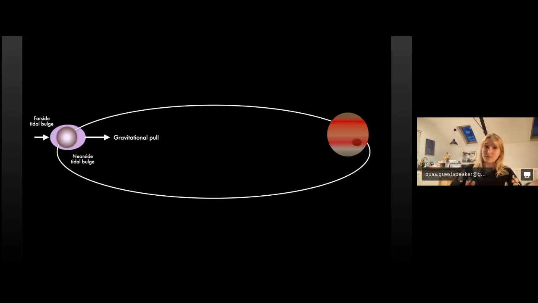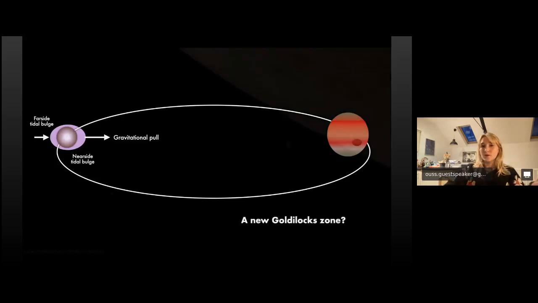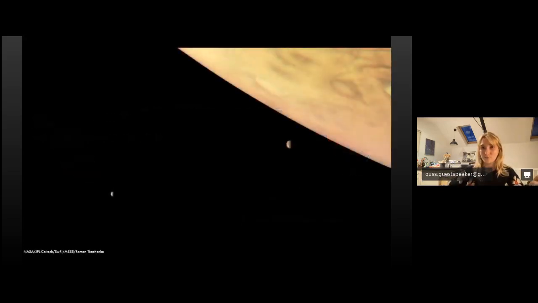So this energy can help sustain liquid water on bodies which are way beyond this Goldilocks zone. So like not too hot, not too cold. It's habitable all the way out into the outer solar system. So if we look at the Jupiter system, we can get a really good example of how this new habitable